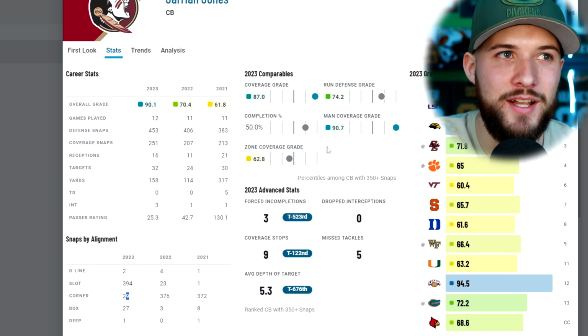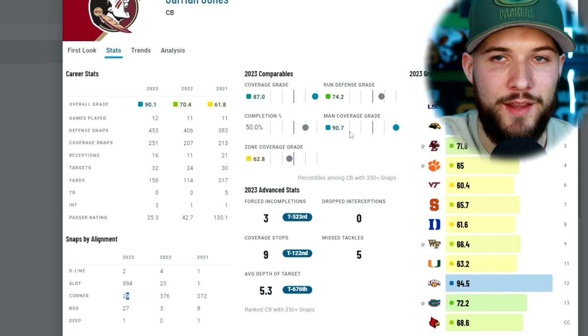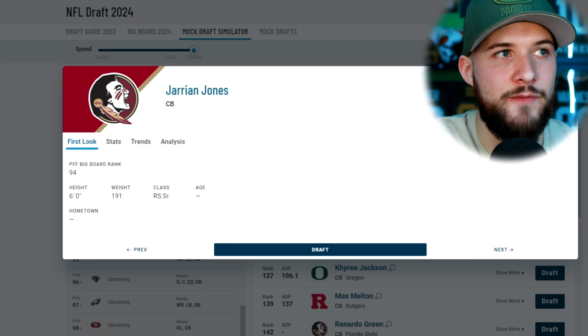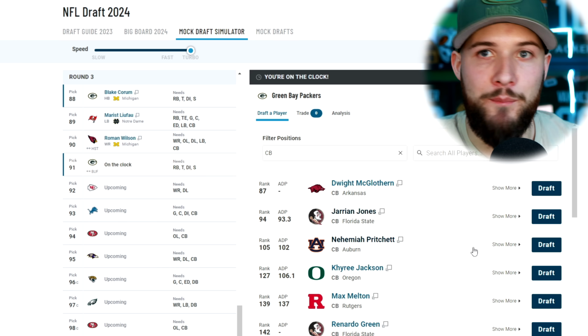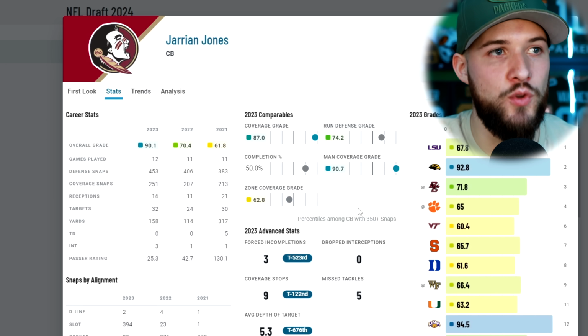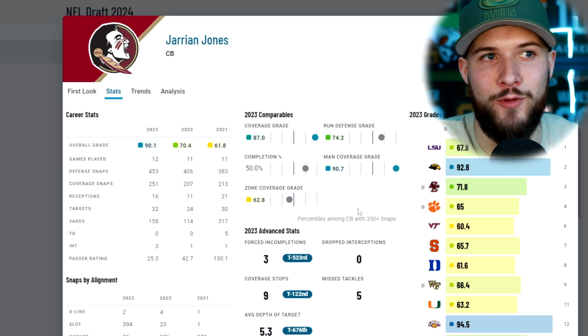If you look at his man coverage grade at 90.7, I mean, this guy is a baller in man coverage, and I think it would just be an awesome guy to add to this defense with Cameron Kinchens to whoever the new defensive coordinator is going to be. It's going to give him a versatile box deep, also some nickel safety, and then also a pure slot nickel cornerback that I think the Packers desperately need because they run nickel so much, and the new defensive coordinator likely